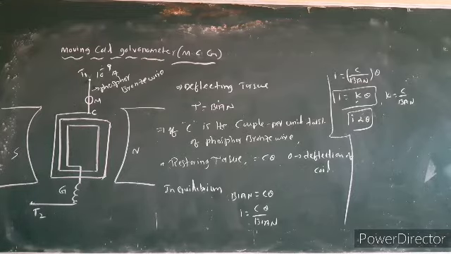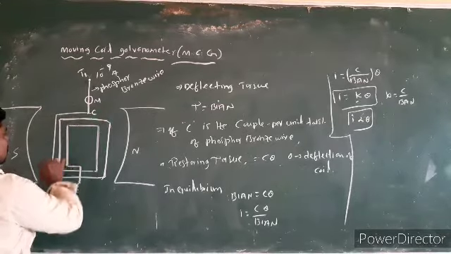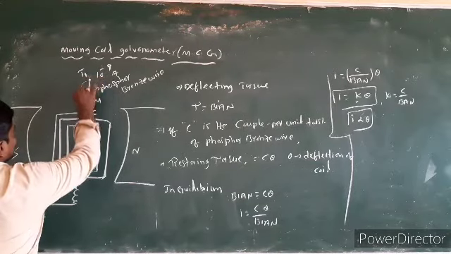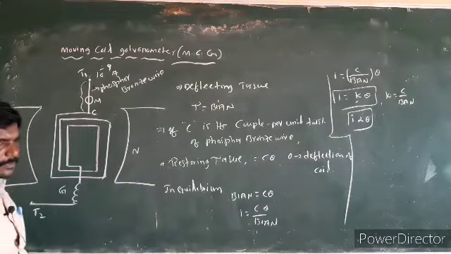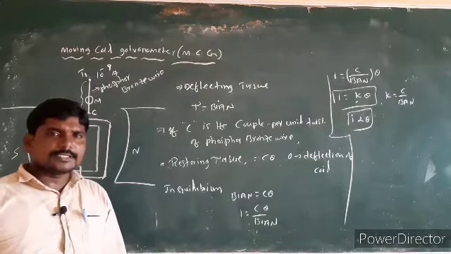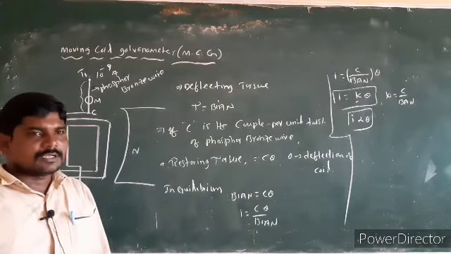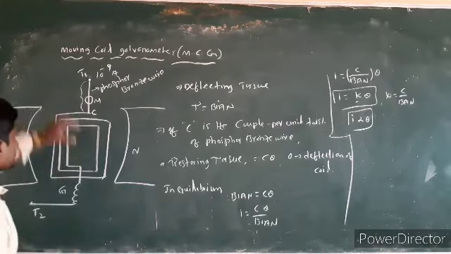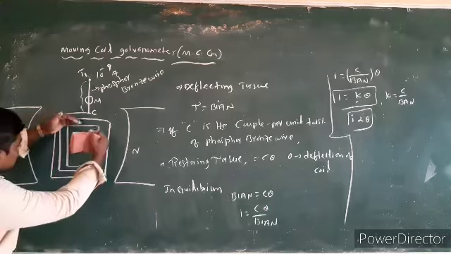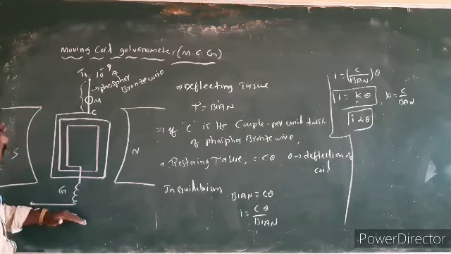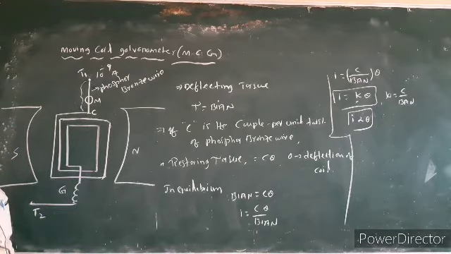Now here we suspended this rectangular copper coil from T1 by using phosphor bronze wire. What is the use of phosphor bronze wire? It has a high Young's modulus and low rigidity modulus. High Young's modulus means it will not elongate much. If it elongates more, the coil comes out from the field, out from the poles. That's why the effect of the magnetic field on this coil decreases.